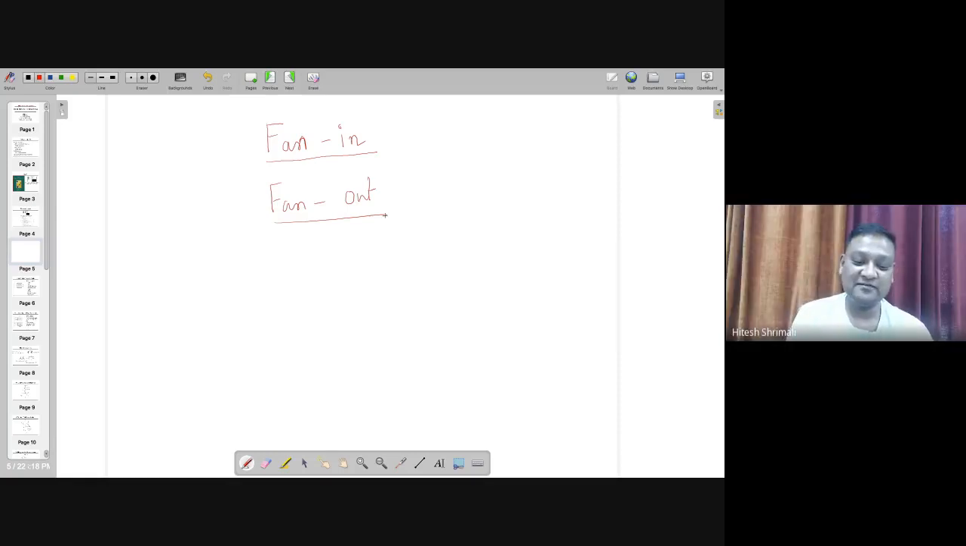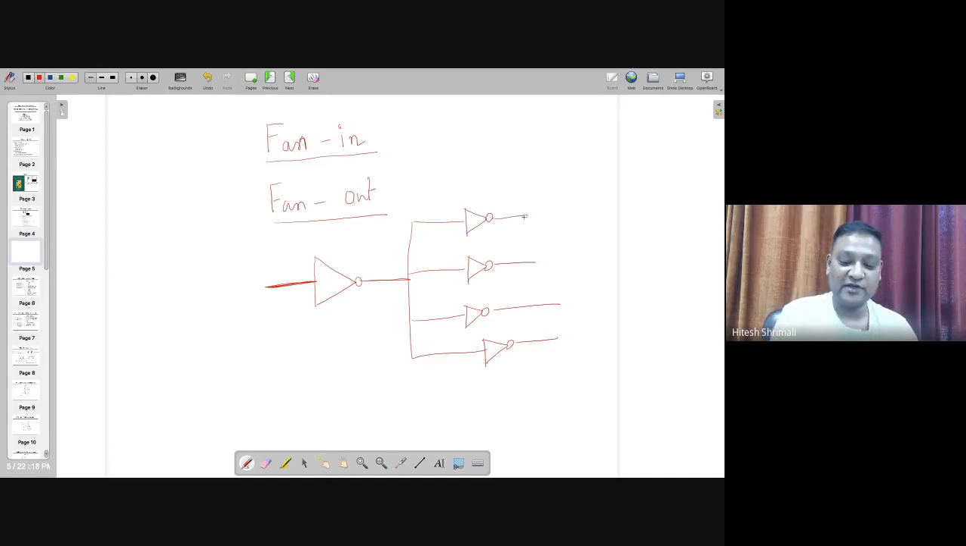So fan in is how many inputs are possible for the given gate. If this is the inverter, only one input is possible, and the output depends on how many gates I can drive, like this. Maybe the fifth one might create a problem, or you can say it might load the previous input. So fan out is how many outputs you can connect at the particular output node, as rightly pointed out